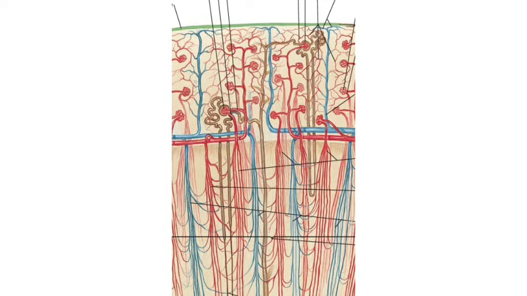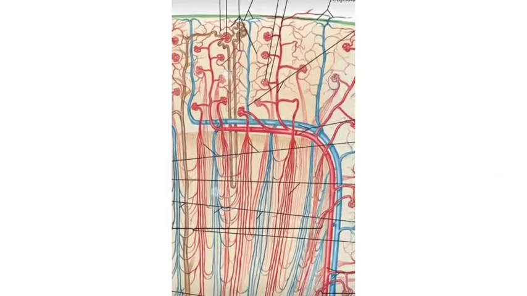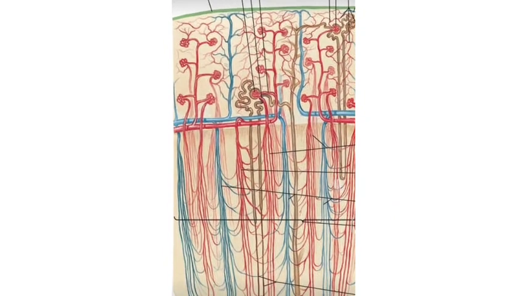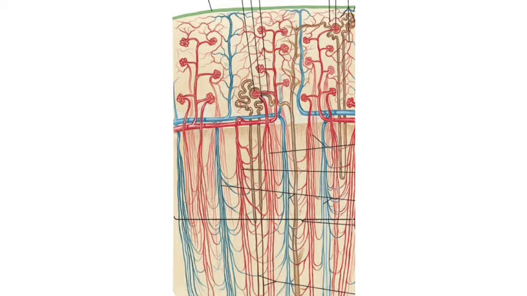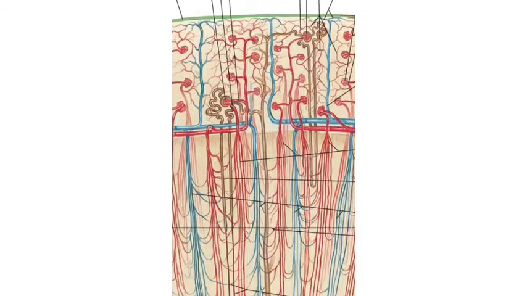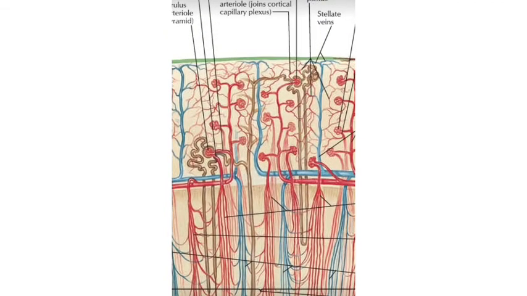So, as you all know, this is the arcuate artery. This is the arcuate artery, and here are the interlobular arteries. From the interlobular artery, first we will see the cortical glomerulus. What happens to the cortical glomerulus? So the interlobular artery arises in this fashion, and it supplies the cortical glomerulus, and then the efferent arteriole will